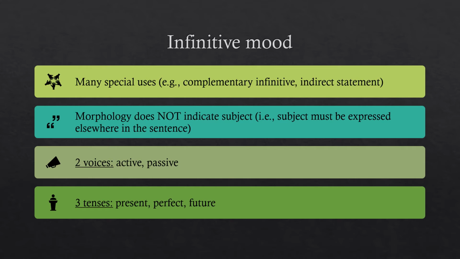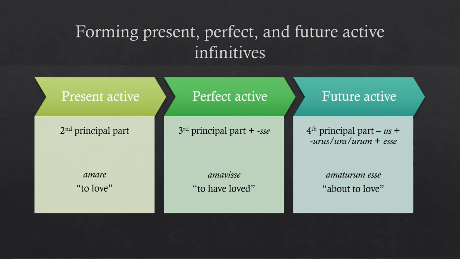Infinitives have voice, either active or passive, but we only know the active voice, so don't worry about the passive for now. And finally, the infinitive only has three tenses: the present, perfect, and future. Let's take a look at how to form each tense of the infinitive in the active voice. Thankfully, these processes are the same for all 5 conjugations of verbs, so we will use amo, amare, amavi, amatum